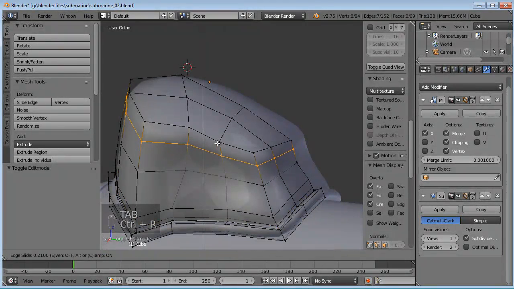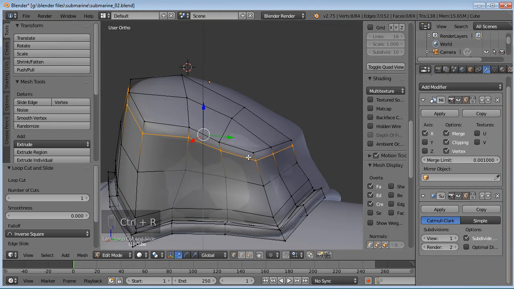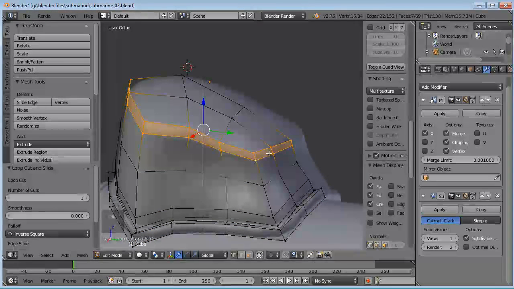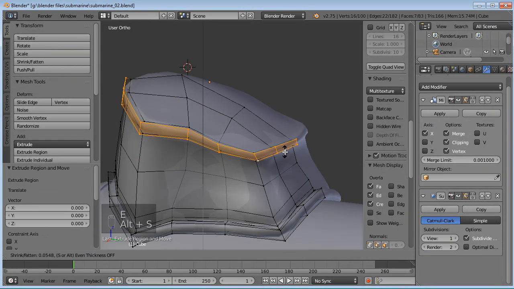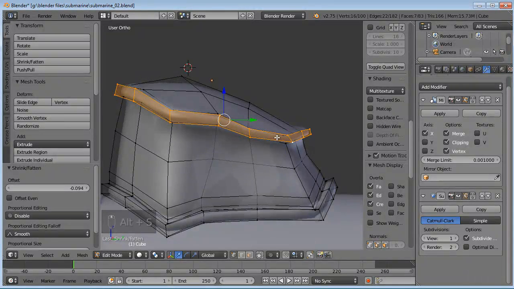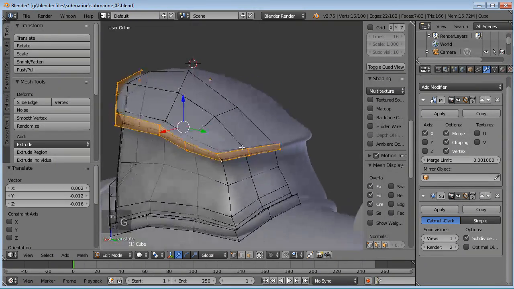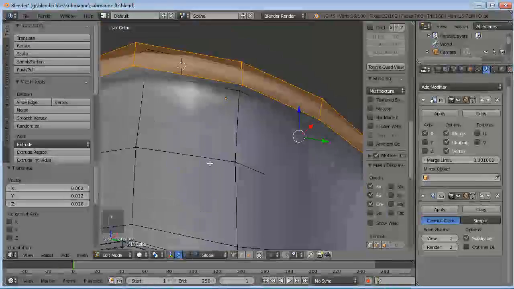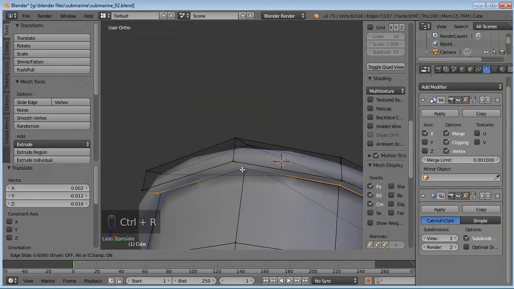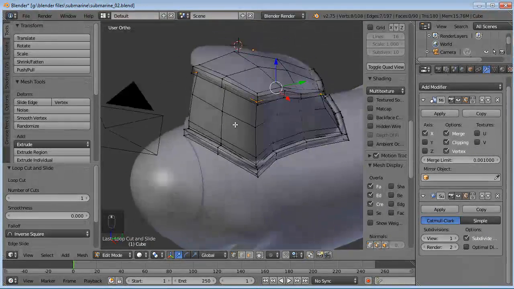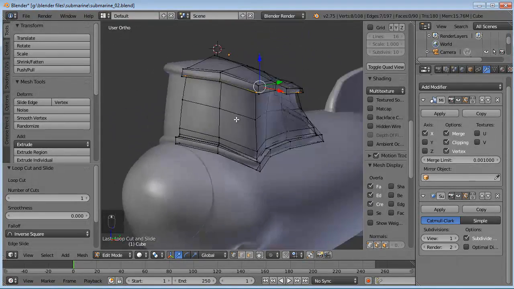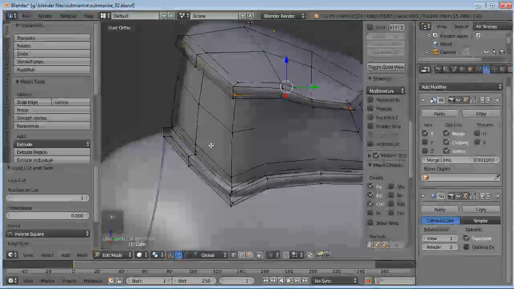Let's go and add a loop around the top, the same thing we did there on the bottom. Just hit E and then right click and then Alt-S. There we go. Move that into place and then come in down here, add a loop right about there. And then let's separate the windshield area, or the port area, the glass area there.